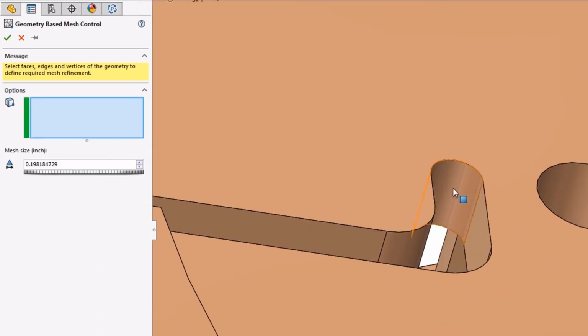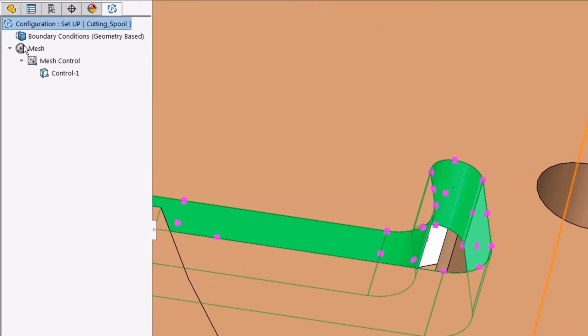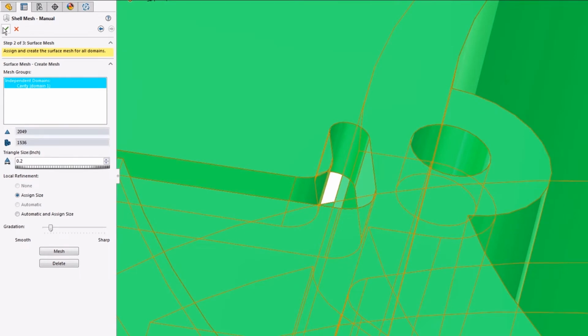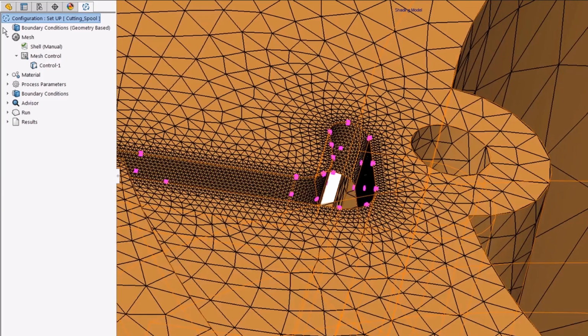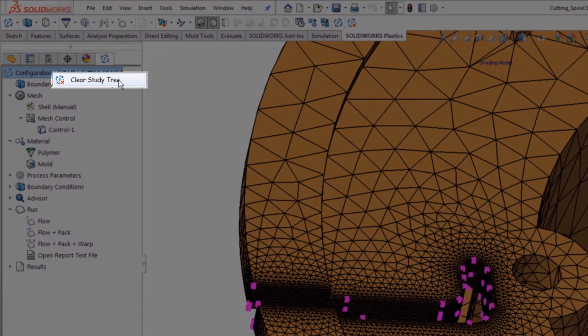Keeping with the geometry-based improvements, Plastics 2019 has geometry-based mesh controls. This works just like in SOLIDWORKS simulation. The local mesh is applied and attaches to faces. Finally, a simple enhancement that will save you a bunch of time when you want to start a plastics project